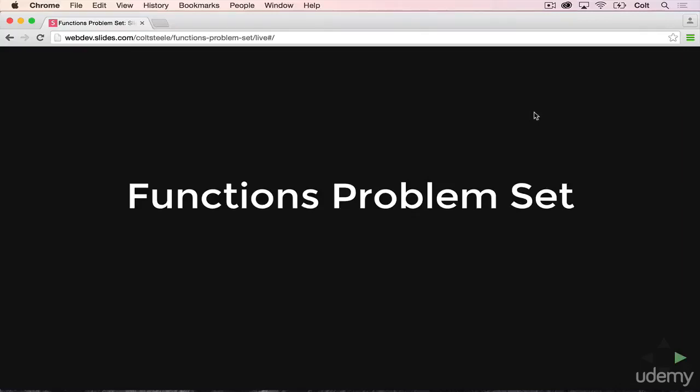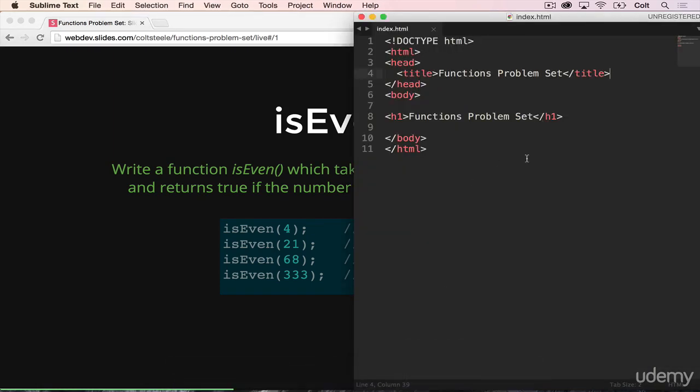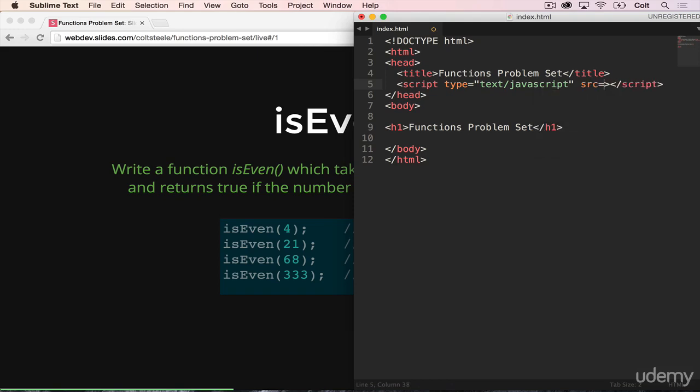All right, so let's go over the solutions to these three problems. Let's start with the first one, is even. So to get started here, I'm going to go ahead and open up Sublime. I have an index.html file, and I'm going to add a script tag. And we'll just call this